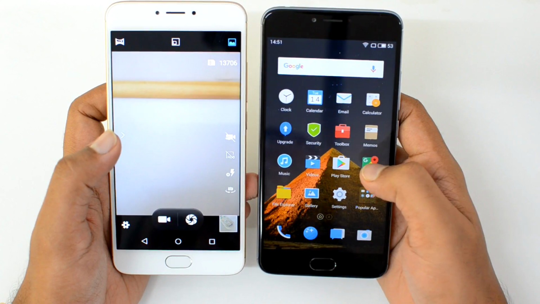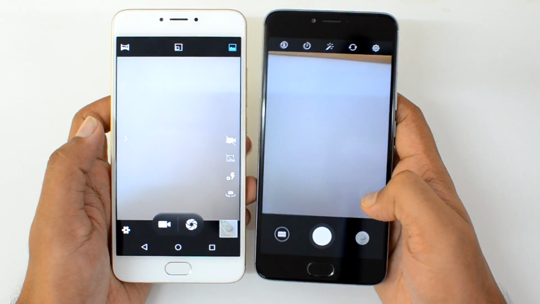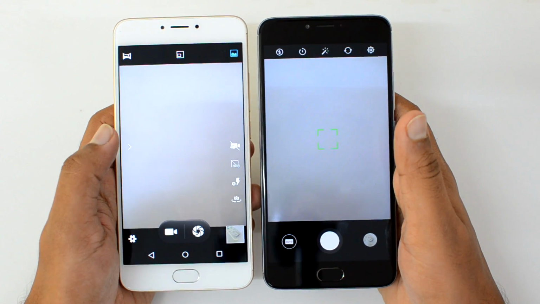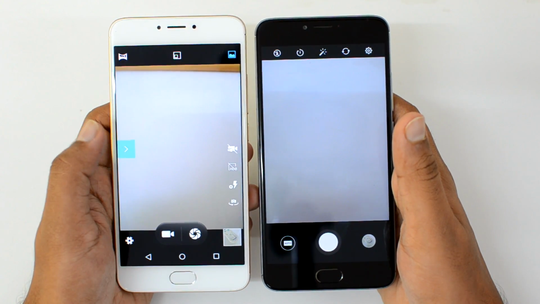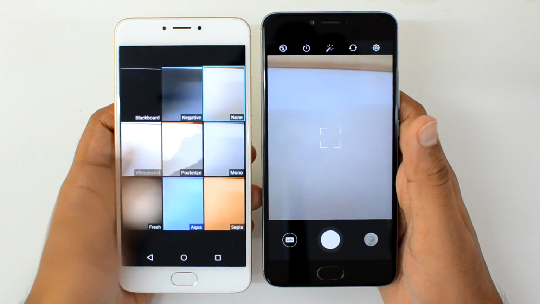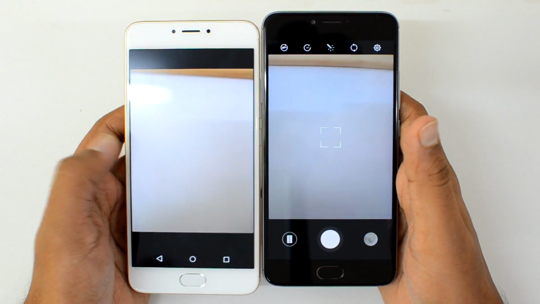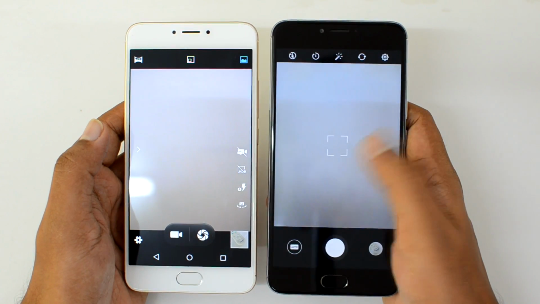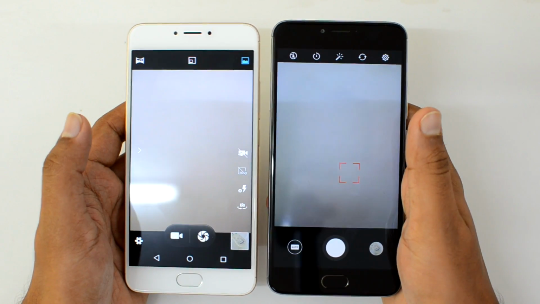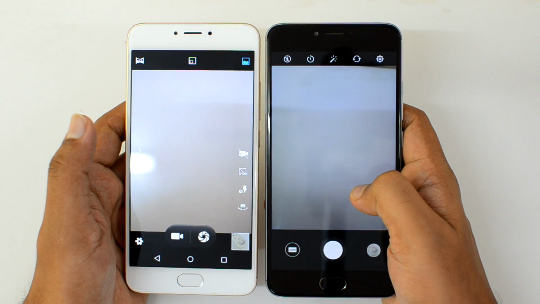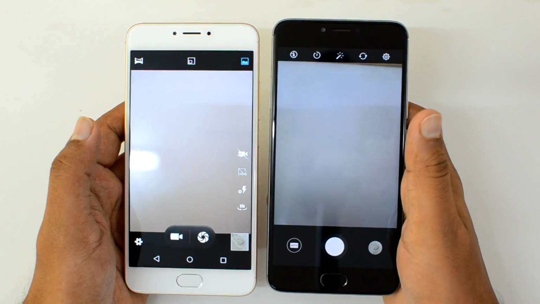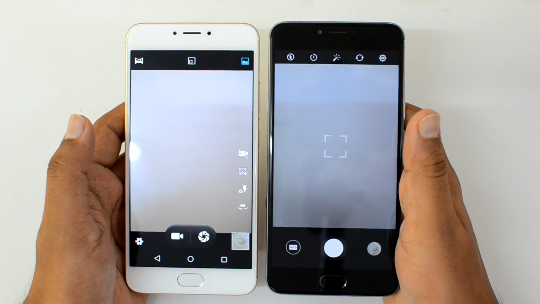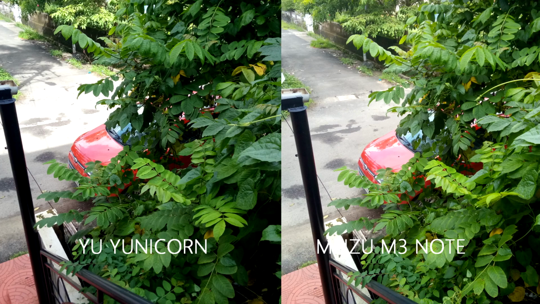Now let's have a quick look at the camera interface of these two phones. You can see that the camera interface is quite good on the Meizu M3 Note, while the Yunicorn has an old interface which does not have many features. It's quite slow to focus and doesn't take photos quickly. But on the Meizu M3 Note, the interface is quite fast. There's no lag and it comes with almost all the features you would want on a camera smartphone. So interface-wise, we would select the Meizu M3 Note,